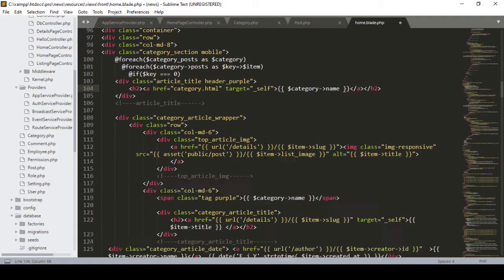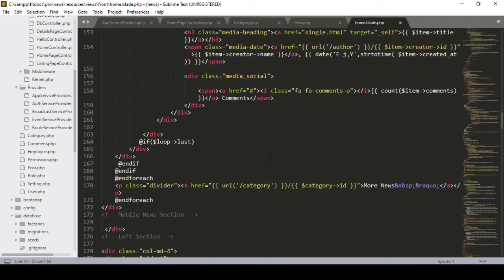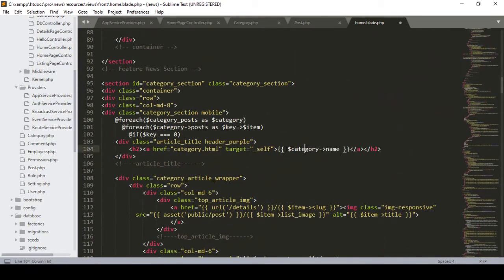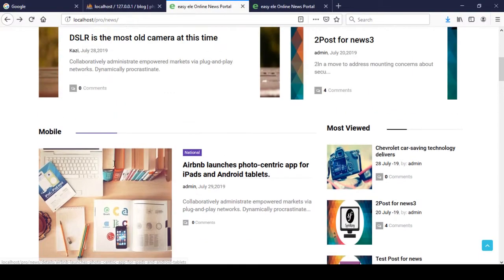So now I want to copy that URL. Here it is, the more news. I just copy it, and now in this area, that is the category name. We don't need that self target right now, so I remove it, and in that area I put the href. I paste that href at that position. So now what will happen? If you click save all, it becomes dynamic. If you refresh the page,